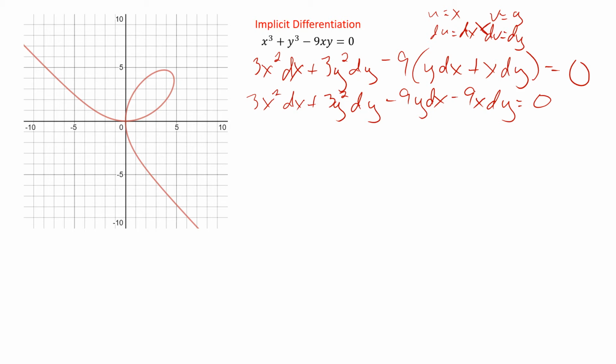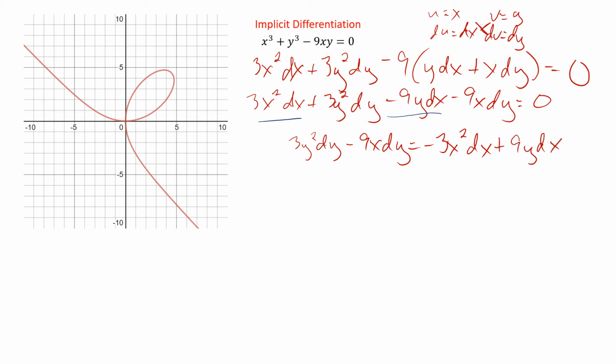So everything has either a dx or a dy. We're going to move all the dx's to one side of the equation, all the dy's to the other. Let's move the dx's across. So we're going to have this dx and this dx to move to the other side, just using addition and subtraction. So that's going to leave us with 3y squared dy minus 9x dy equals -3x squared dx plus 9y